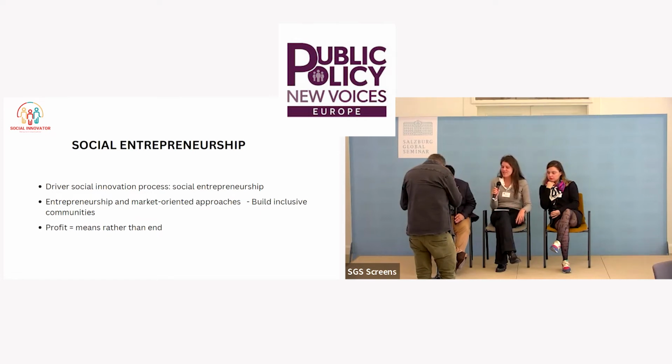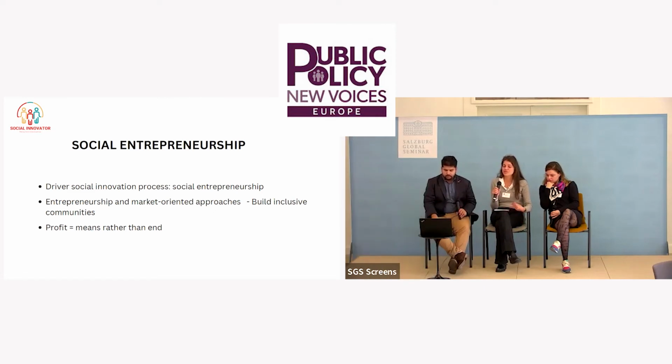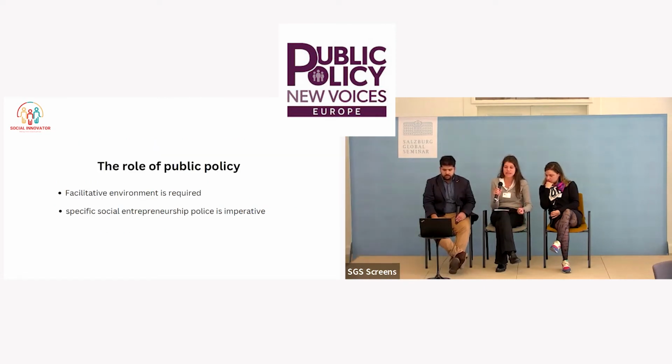Yes. In order for social entrepreneurs to flourish, the environment in which they operate needs to be facilitative of that nature. And this appears not always to be the case. They struggle with poor visibility, they have difficulties accessing markets, and they have difficulties obtaining finance. Also, the legislative and regulatory environment is not always facilitative. So if we want social entrepreneurship to help build inclusive societies, we need to think of a way to make this environment conducive. And this is where, for us, public policy may step in.